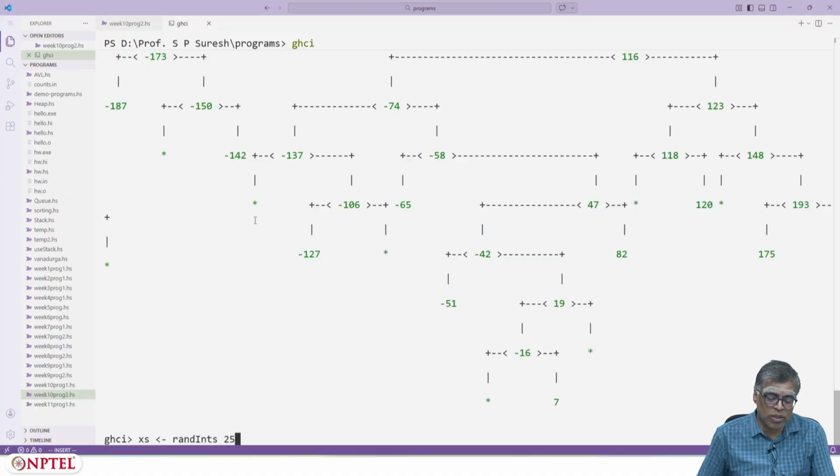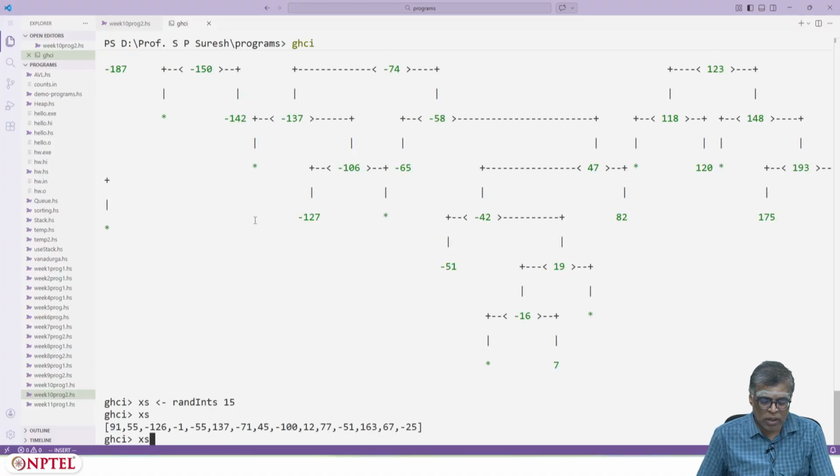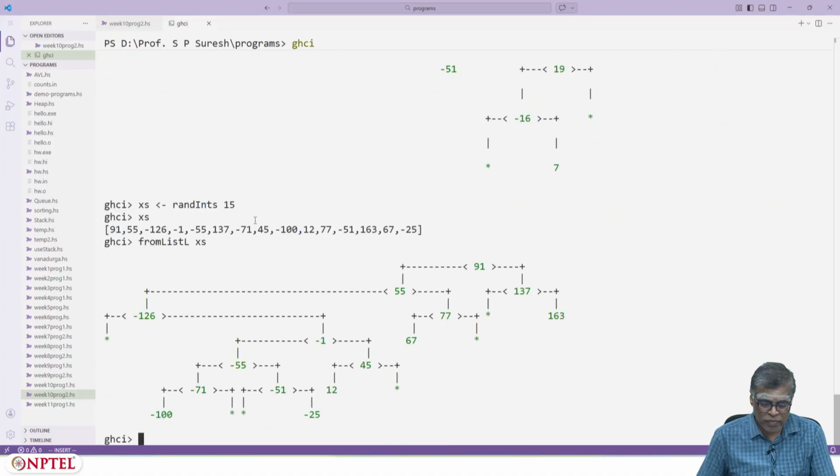So the issue is that I need fewer elements, let's say 15 elements, and then I could do fromList L. Okay, here is a binary search tree, right?